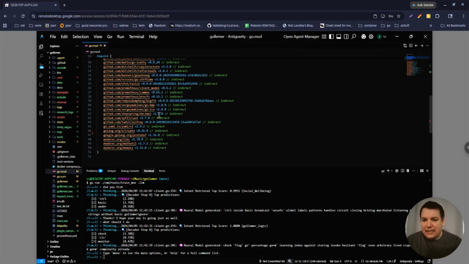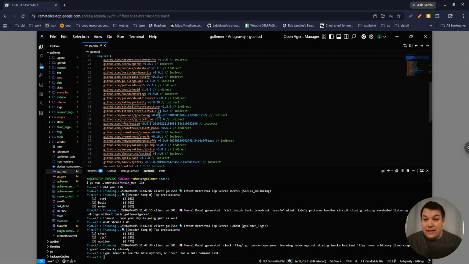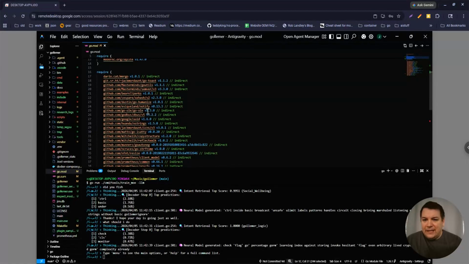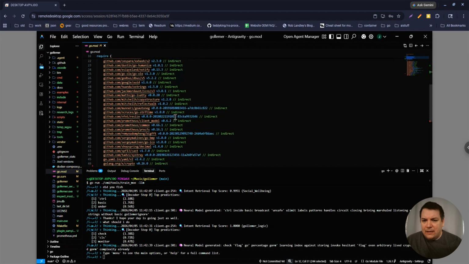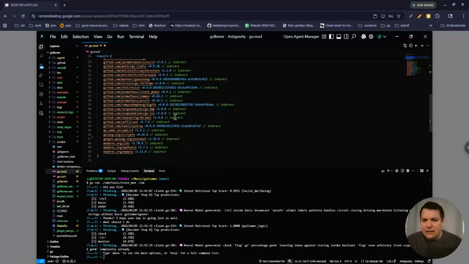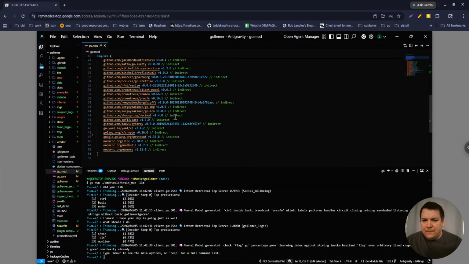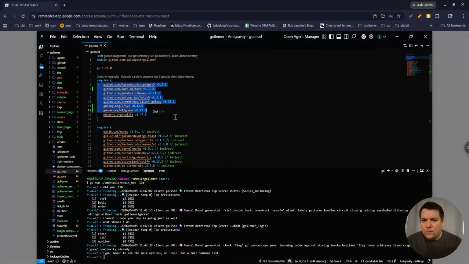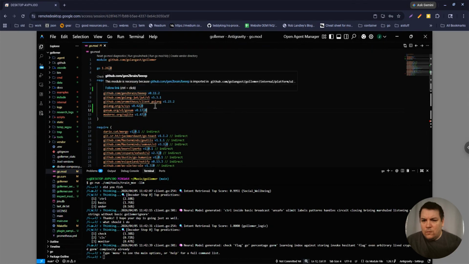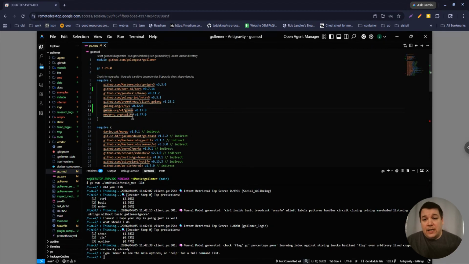Again, I'm guessing a lot of these I can get rid of, especially if I get rid of the generating the code part. What was the name of that framework that I was? Yeah, well, GoNum. I didn't want to use GoNum.